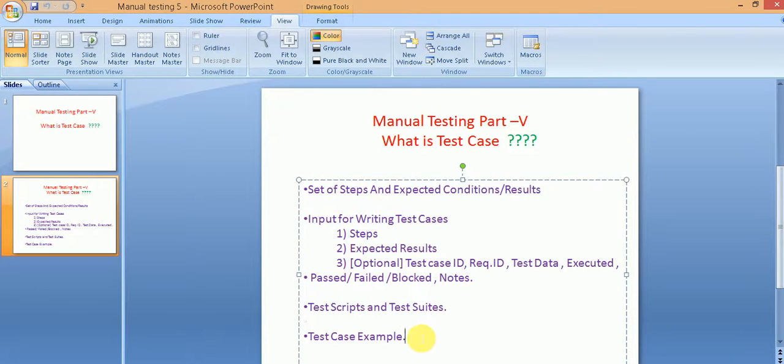In that case, a unique ID is assigned to every test case in order to reference it. So if you are talking to someone, you don't have to give the entire test case to the other person. You can just give the test case ID. This is an optional thing that you can have in the test case.